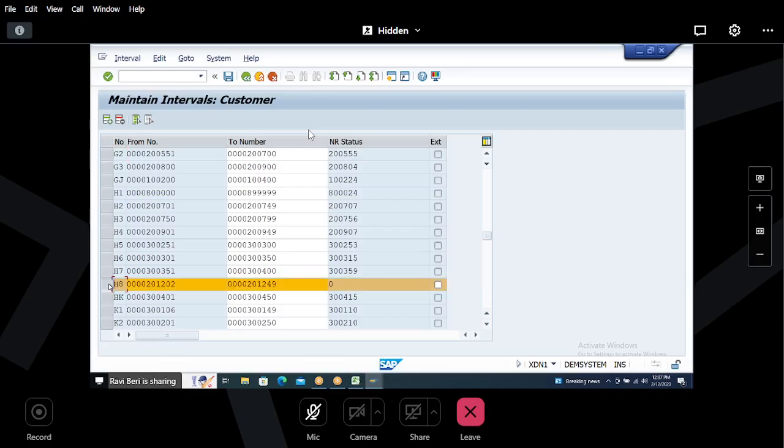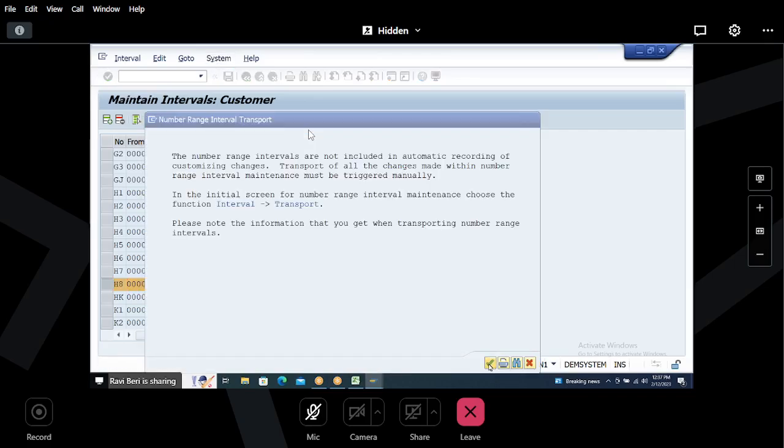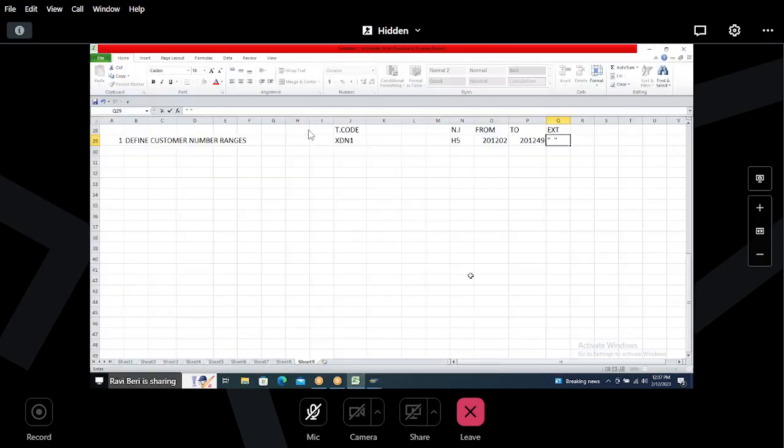H8. 201, 2022, 201, 249. Save it. You can give any number interval and any code, not only H1, H2. You can give anything. Okay. So this is H8. This is the first step. Next,